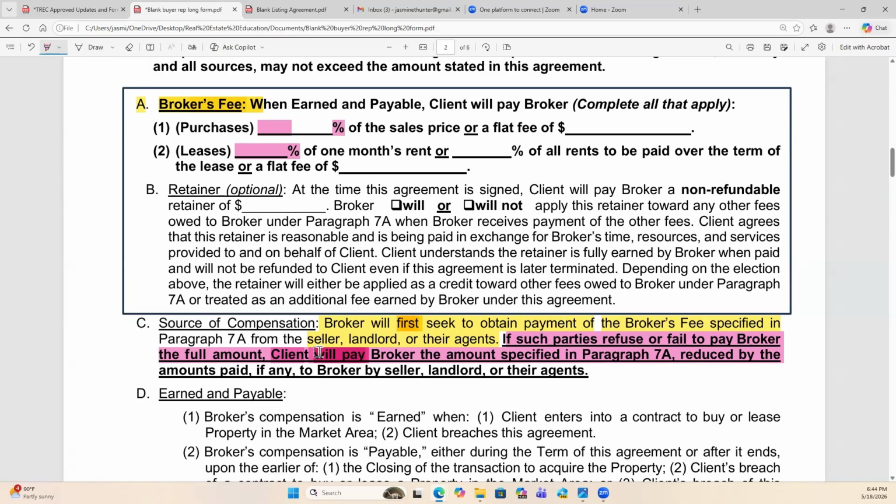Do you see what I'm saying? They will pay the amount that is due or the amount that's reduced. If we only get a portion of it, whatever, they will pay it. Okay. Now, super scary language, because who in the world in their right mind actually has a buyer pay their fee or a tenant pay their fee? They don't. It doesn't happen. I've never had a buyer have to pay me, like, ever. I've never had a tenant pay me, ever, ever. Like I've never had to do it. The seller or the listing agent always pay. That is my job, your job, to negotiate that for yourself.